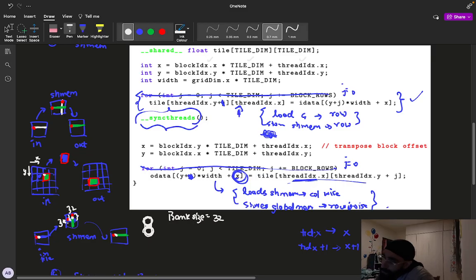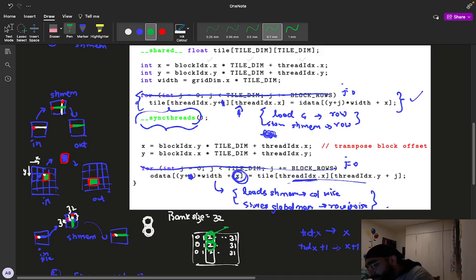The way shared memory is stored in banks is, this is stored in bank 1, this is stored in bank 2, this is stored in bank 3, this is stored in bank 31. This is stored again in bank 0, this is stored in bank 1, bank 2, bank 31. So if we pick up any column, this thread accesses this data location from the shared memory, and the next thread accesses this data location from the shared memory. But since both of these data locations belong to the same bank,